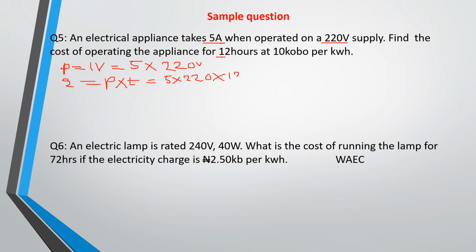So that is it. So what you now do is that you multiply everything out. So by the time you multiply everything out here, you are going to have 13,200